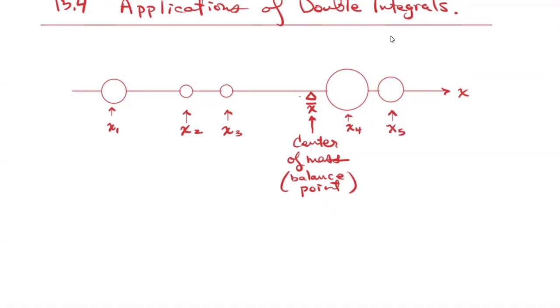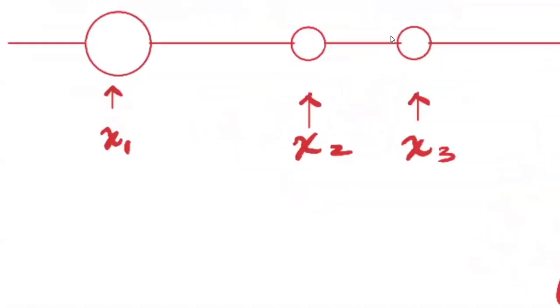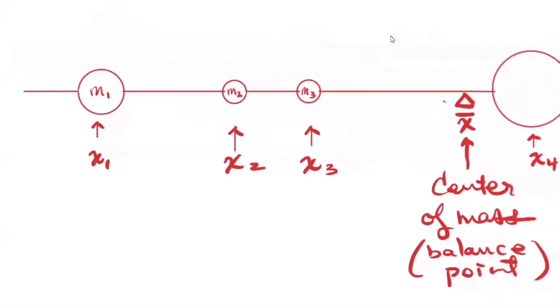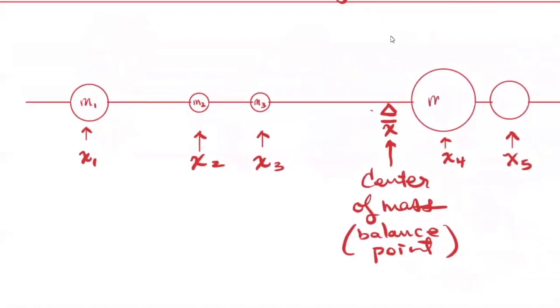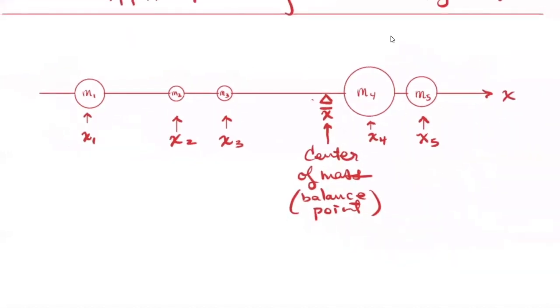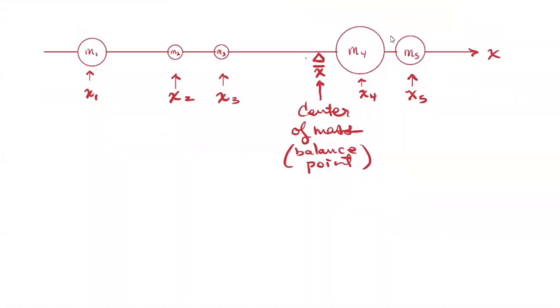So the masses are going to be m1, m2, and so on. Now, the craziest thing about center of mass is that it's not true that the weight or the mass on the left is equal to the mass on the right. The principle for center of mass